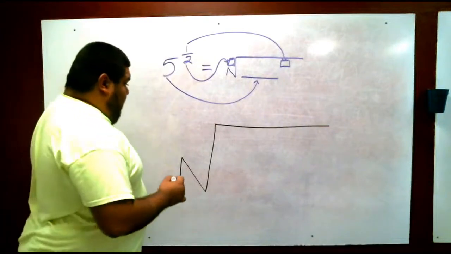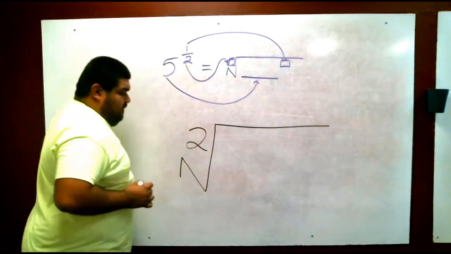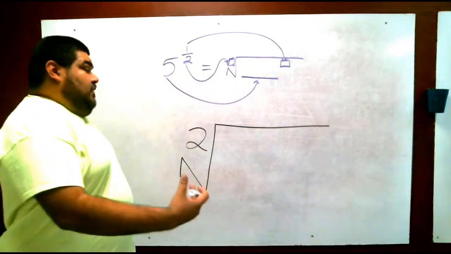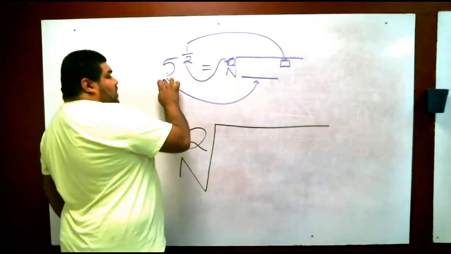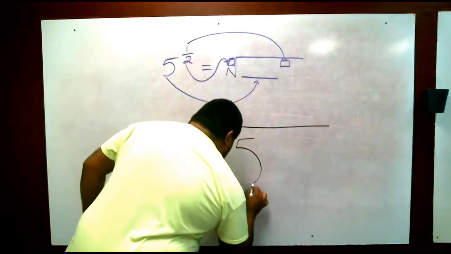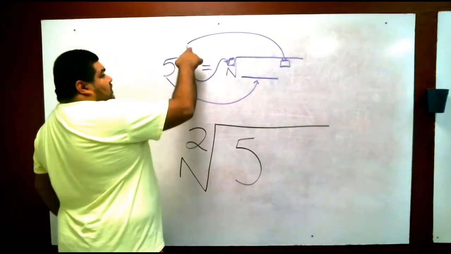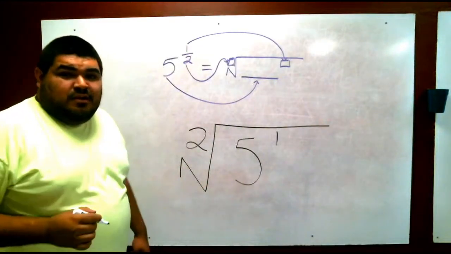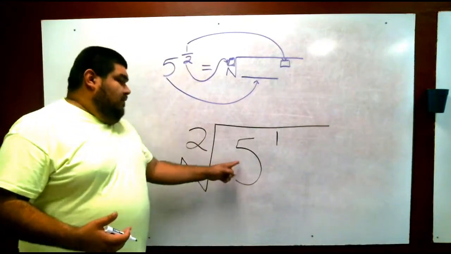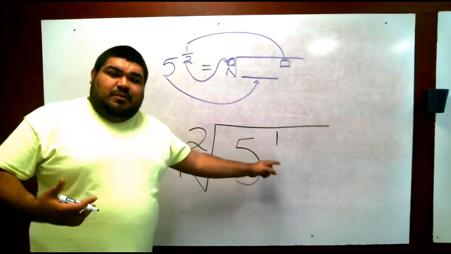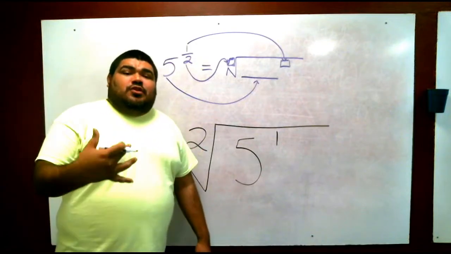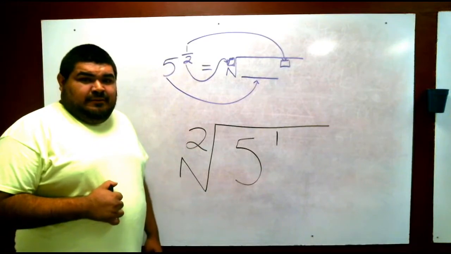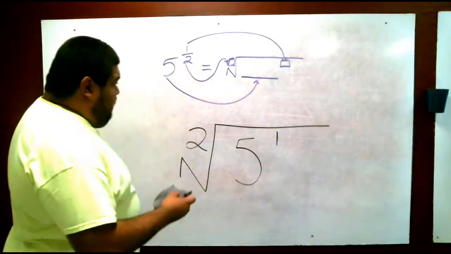All right. So we have 2 on the outside of the radical. That's the little square. Then on the inside, we have our whole number, which in this case is 5. To the top is a 1, to the first power. Okay? So in other words, we have radical of 5, because it's just to the first power. Okay? Let's try another one. Make sure you write it down. Okay? Now that you have it down,